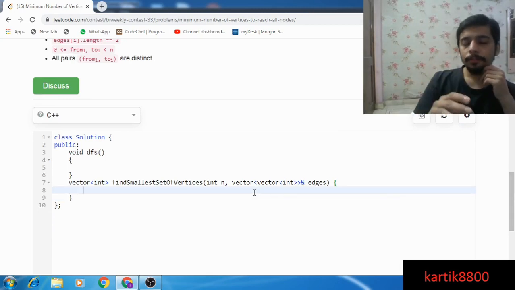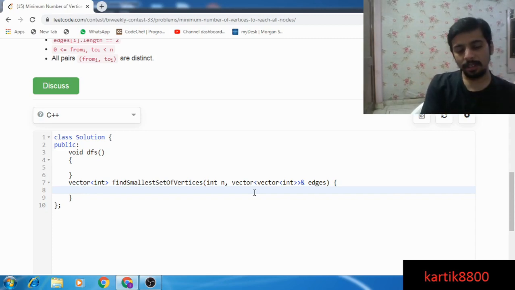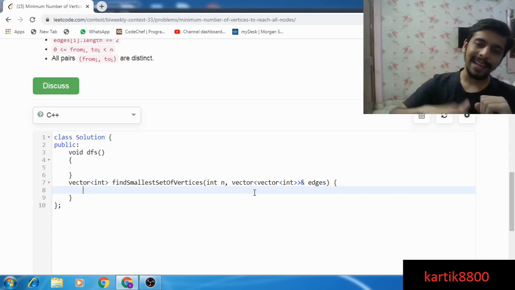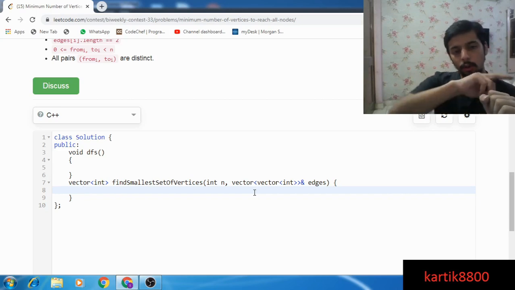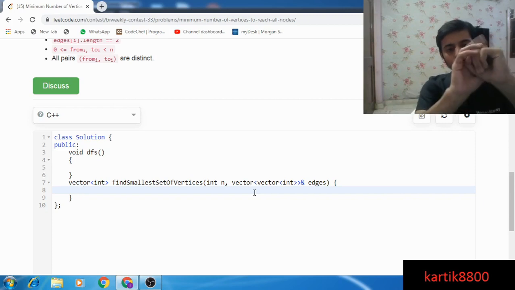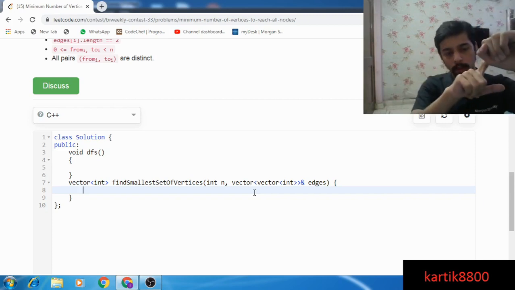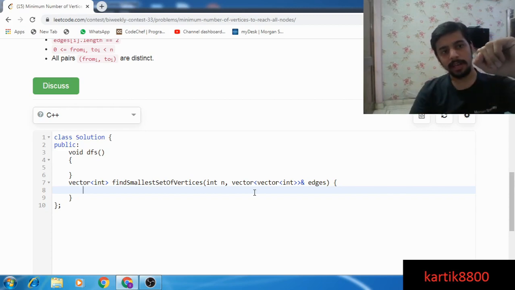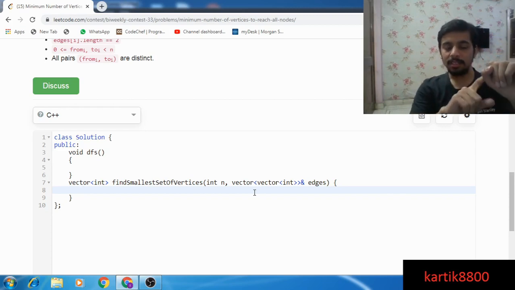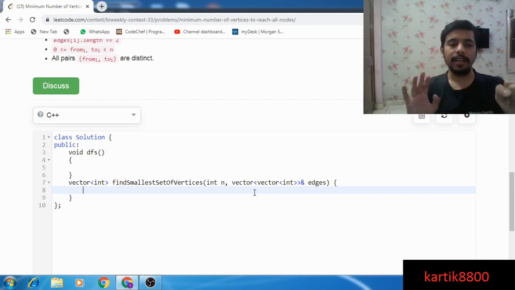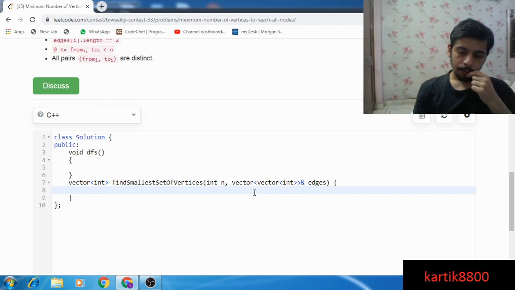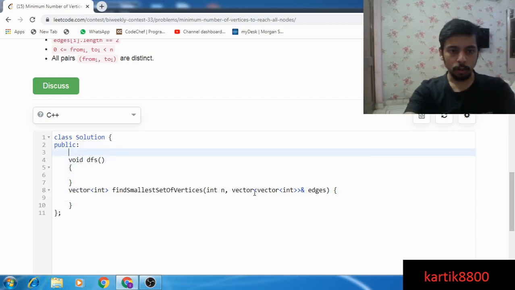So I'm going to take a node. If this particular node is not visited yet, that means I've not visited this node from any other node till now, then I will apply a DFS from this node, see which all nodes could be visited by this one, and all these nodes are now useless, right? Except for this one, because there is a possibility that no other node can reach this guy. But starting from here, all the nodes I visit are definitely useless, right?